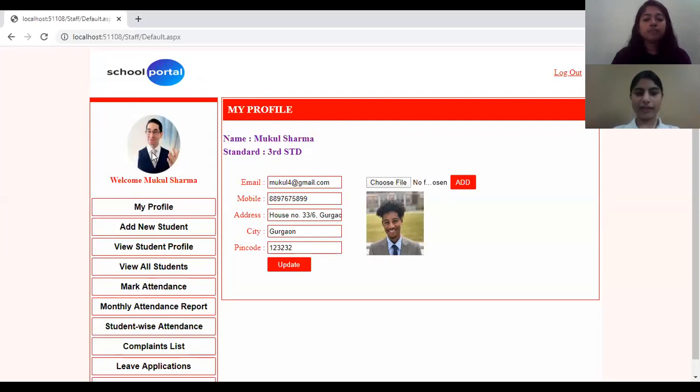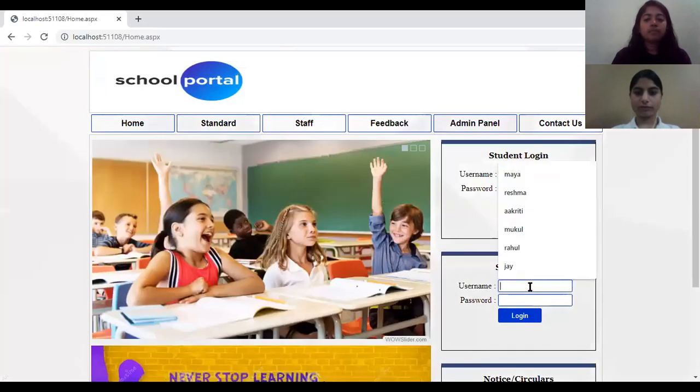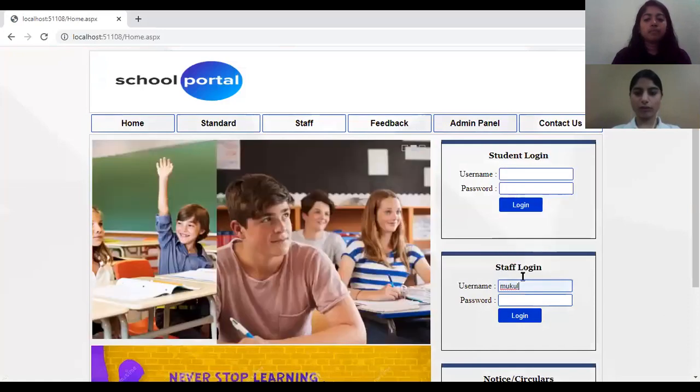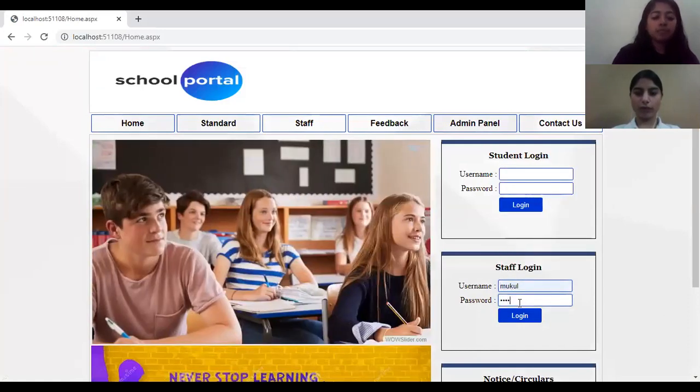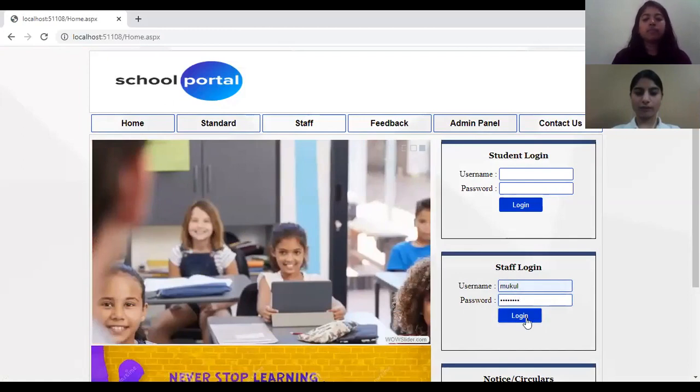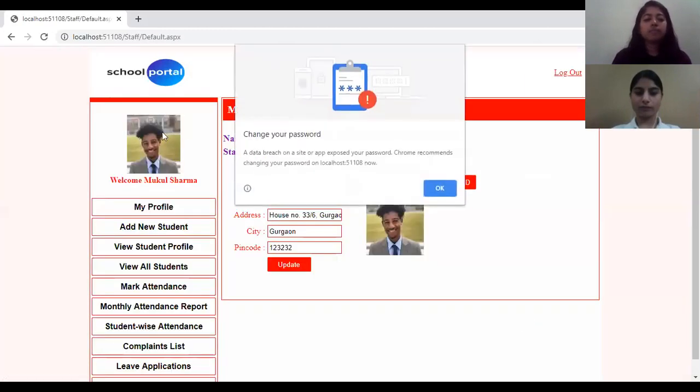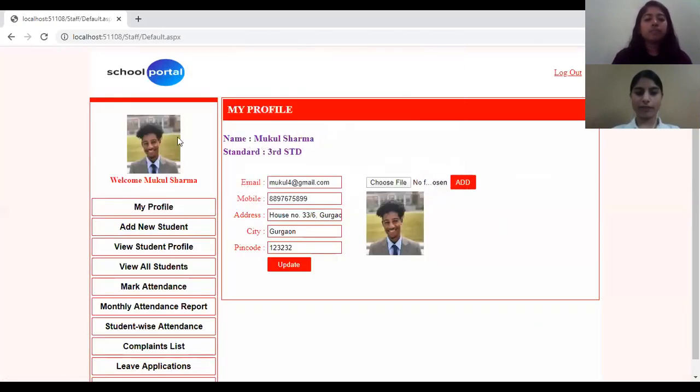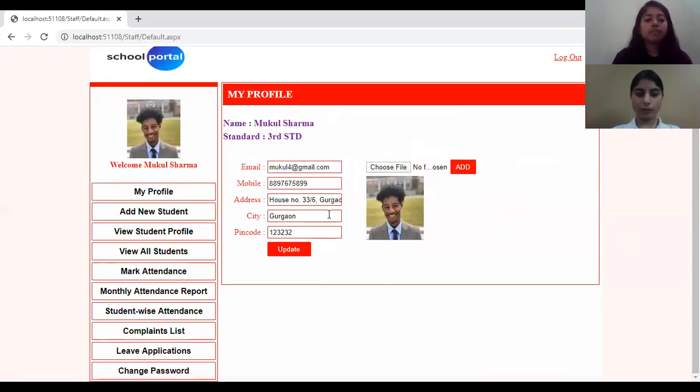Now on the left side above welcome, we need to re-login, and the updated picture will be shown. Mukul123. Now here you can see the updated picture above the welcome Mukul Sharma.